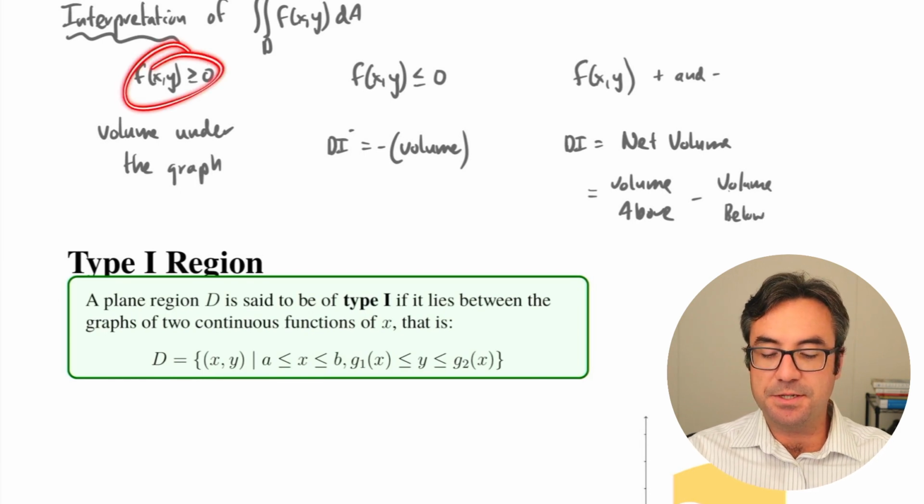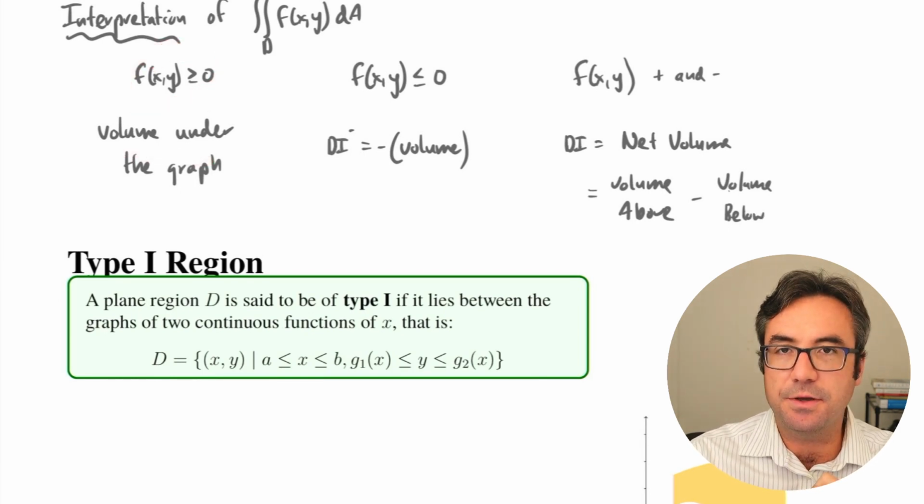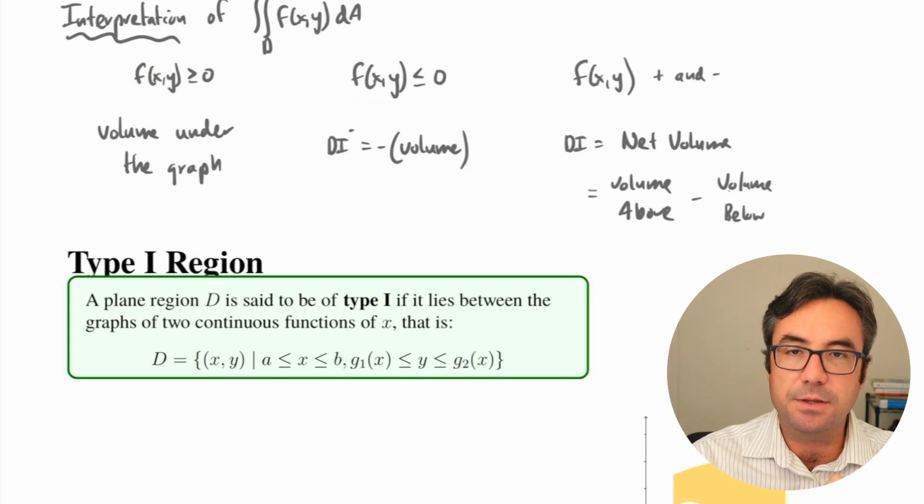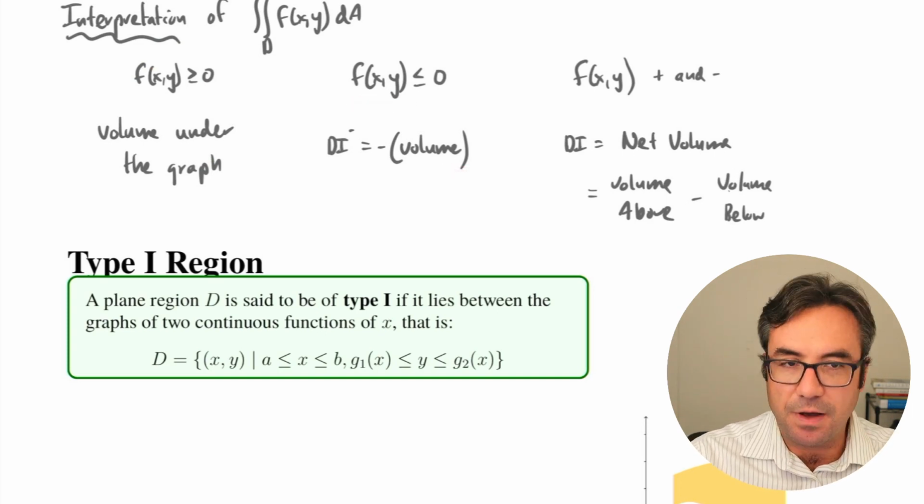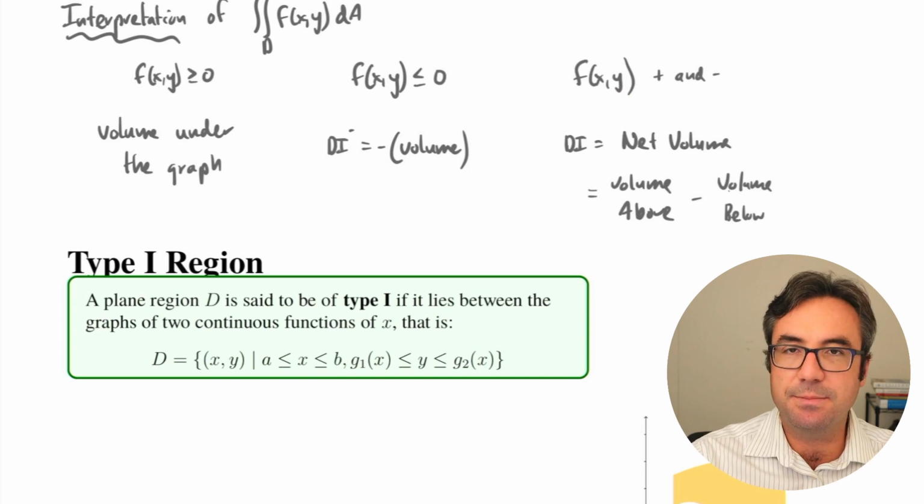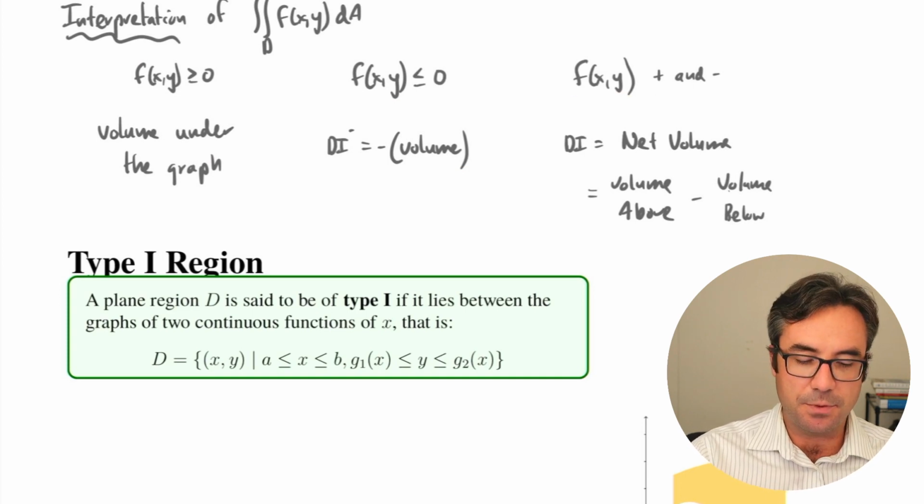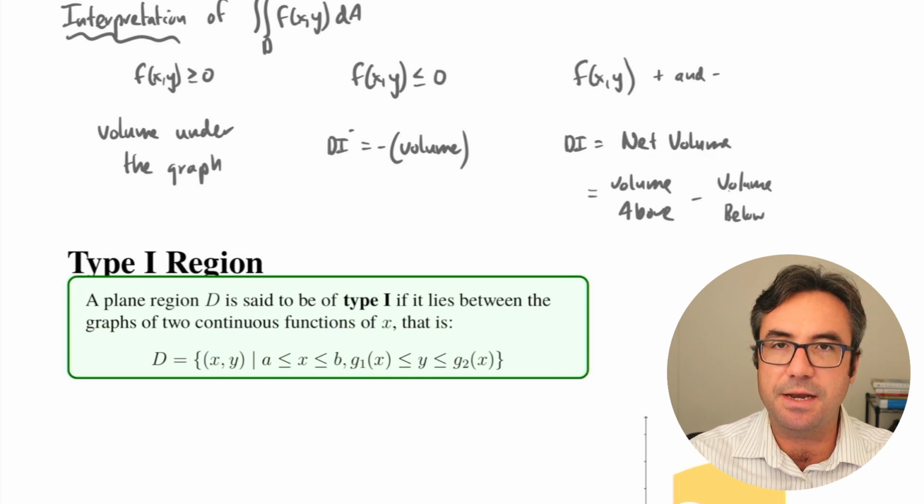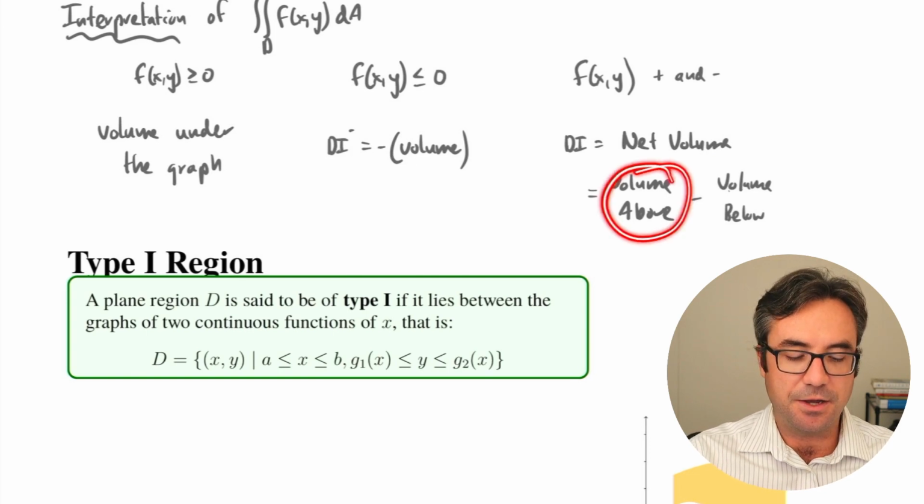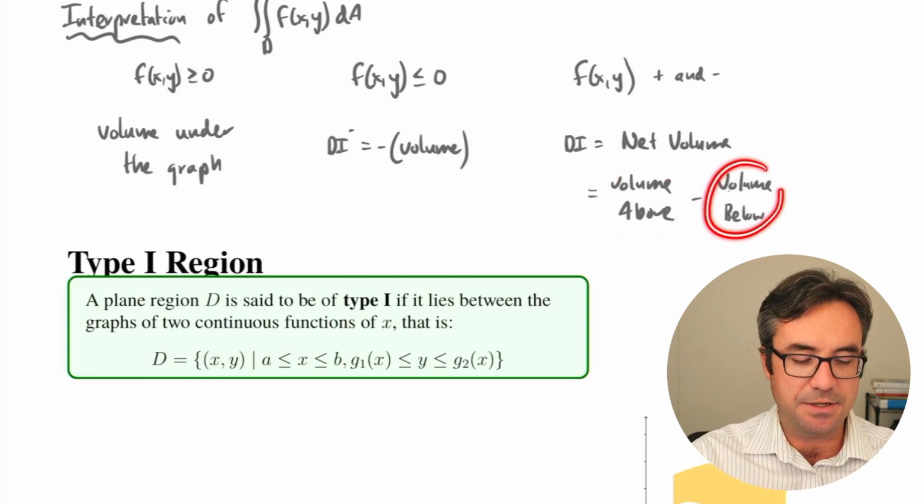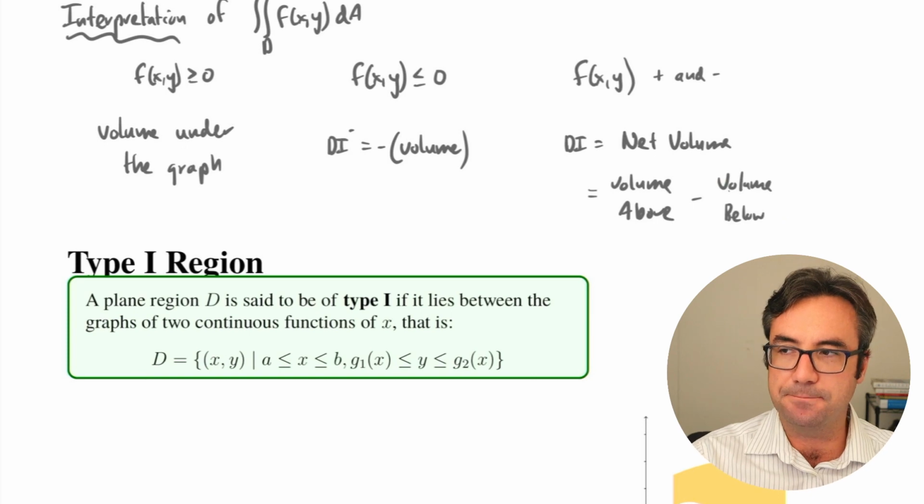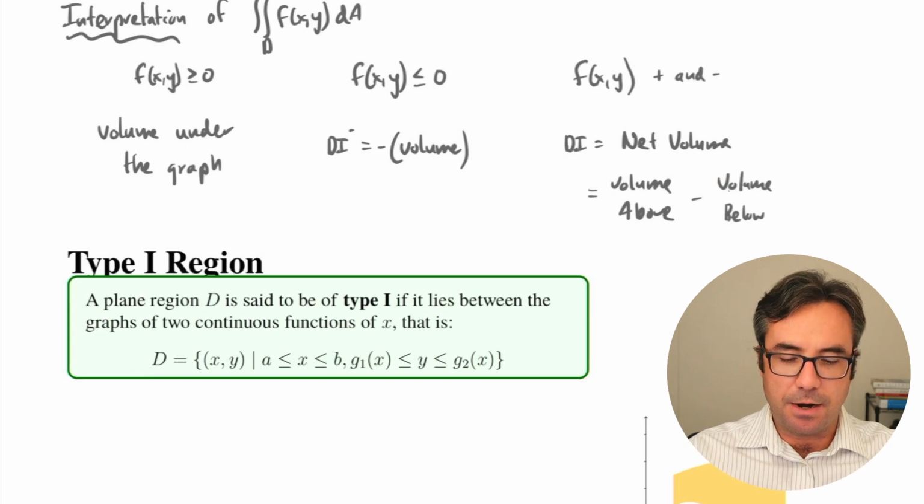So if our function is positive, the double integral calculates the volume. If our function is completely negative, then it's the negative volume. And if our function takes on both positive and negative values in our region, then we're calculating the net volume. So it's the volume above the xy plane minus the volume below the xy plane. All right, so